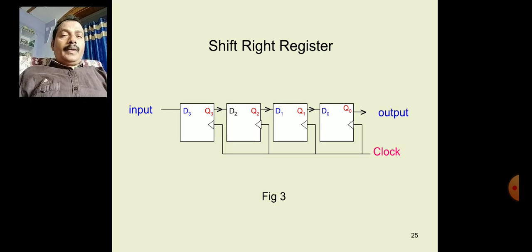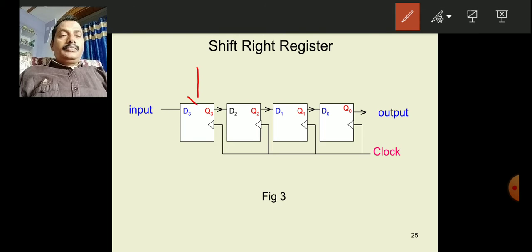You see, this flip-flop is connected with the input, because I want to right shift. So this flip-flop is taken as the first input, the main input flip-flop, and the 0th flip-flop is taken as the output. So this is the modification you have to remember. And this is also a similar explanation. The inputs are applied here, and sequentially they are shifted to the right for each clock pulse.